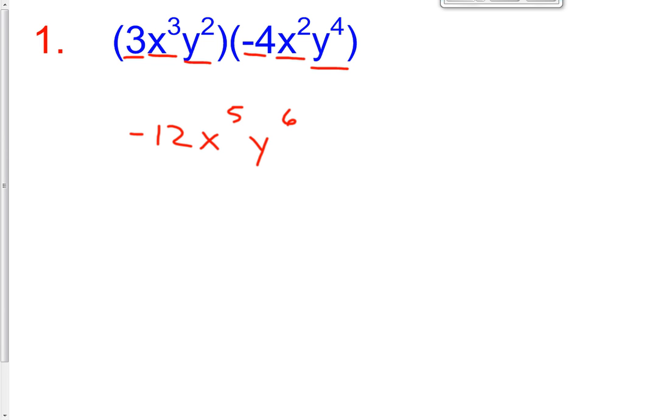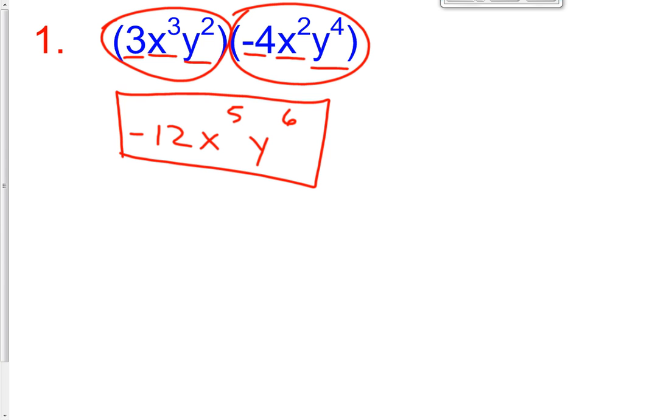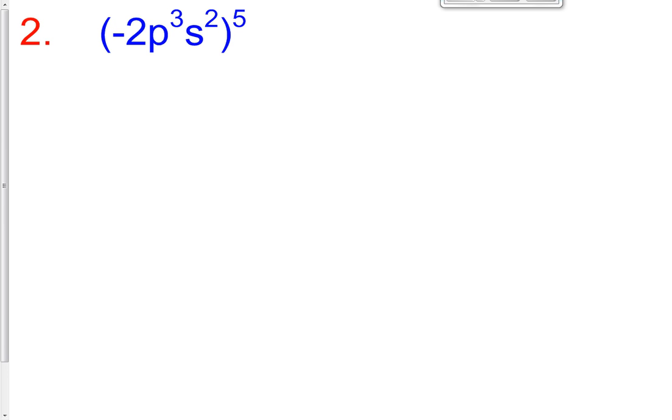So when we multiply those two monomials together, monomial meaning one term, so here's one term and here's one term, we get a negative 12, x to the 5th, y to the 6th. This is our answer. Next one, when we have variables that are raised to an exponent, and then these exponents